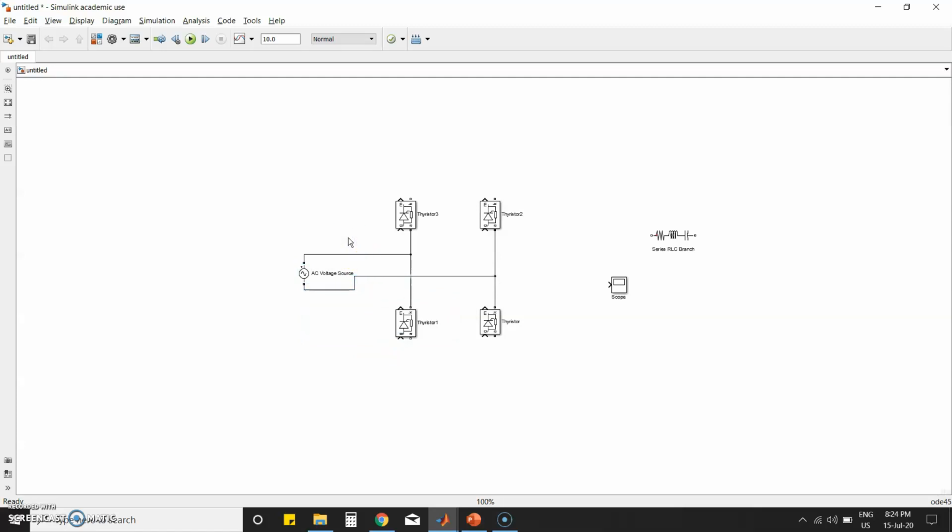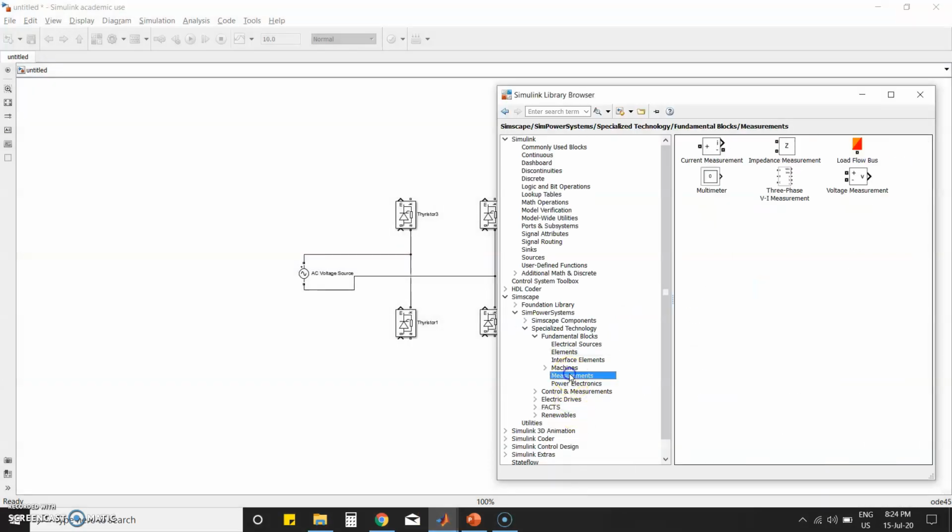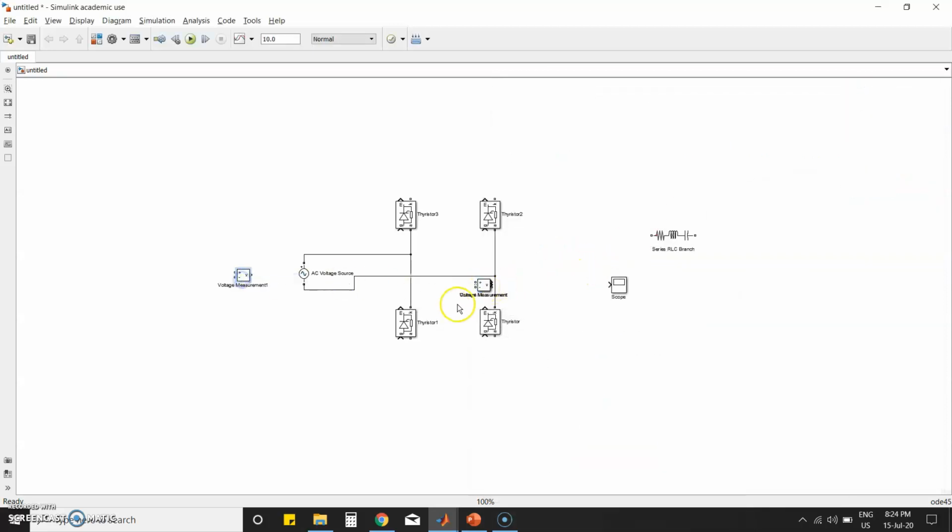Next you have to add measurement blocks. Here we have the current measurement to measure the output current, and voltage measurement. We need 2 voltage blocks, one for output voltage and one for input voltage. So I'll add the input voltage here and the output voltage here. This is the current block. You have to connect the current measurement like your ammeter, plus to the input and minus to the output. Similarly, the cathode is connected to the cathode here, and here the anode is connected to the same anode. Now we need the load.